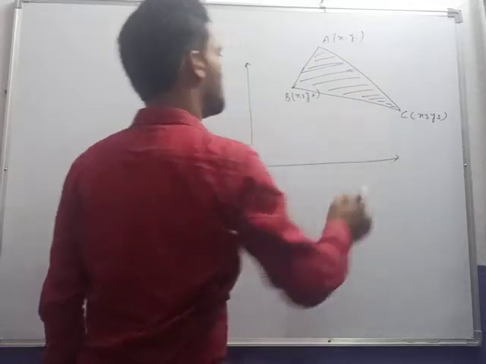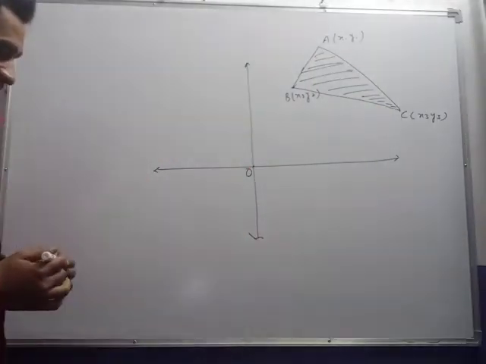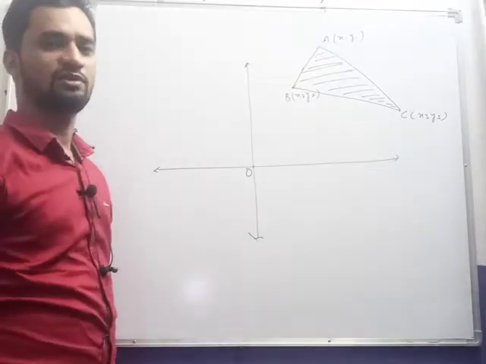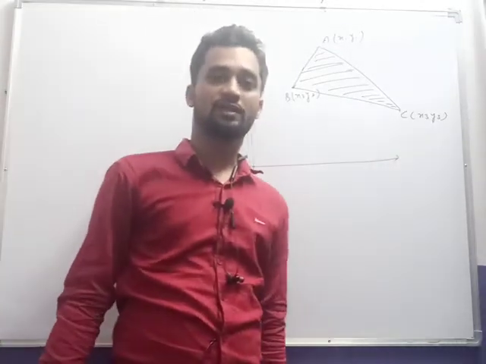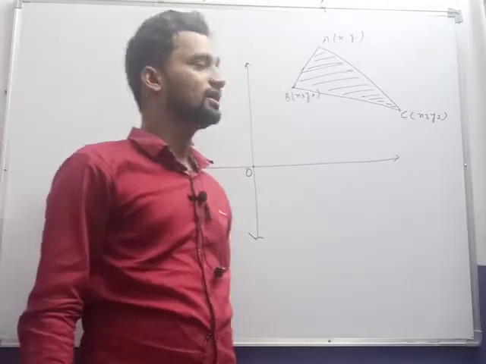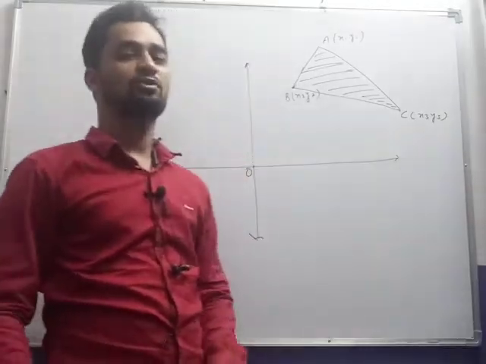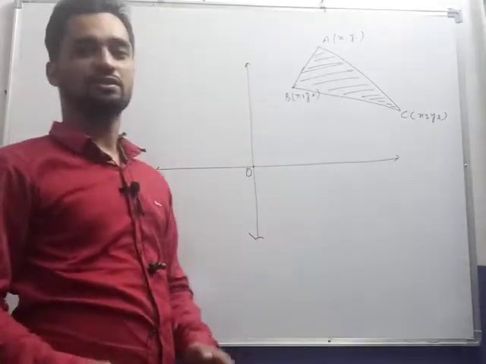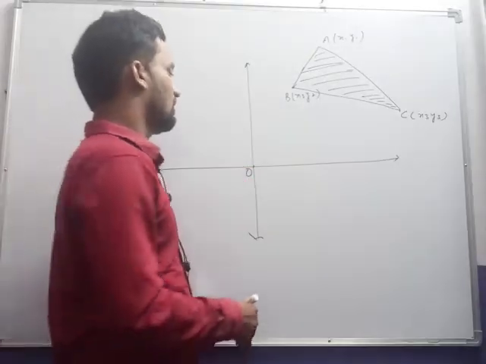In the first exercise we found distance. In the second we were using the section formula, finding the ratios. But in this exercise we are finding the area of a triangle. Here I am not going to derive the formula, I am just making a discussion of how you will derive it.